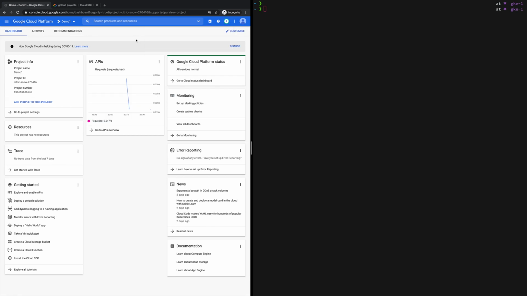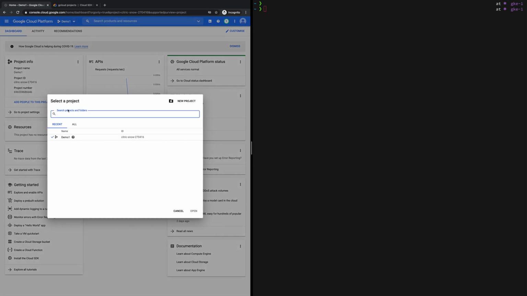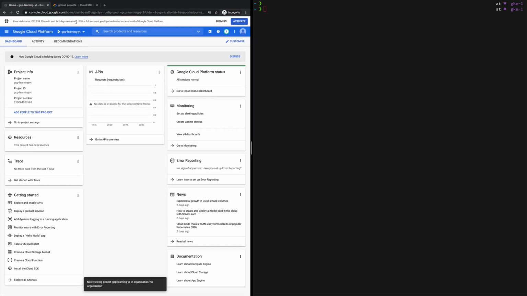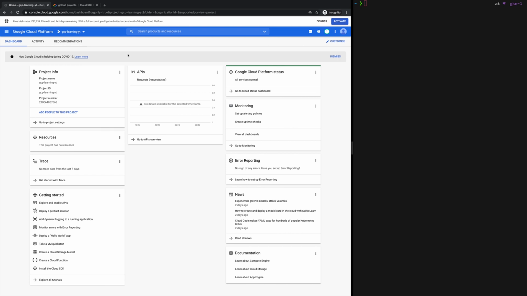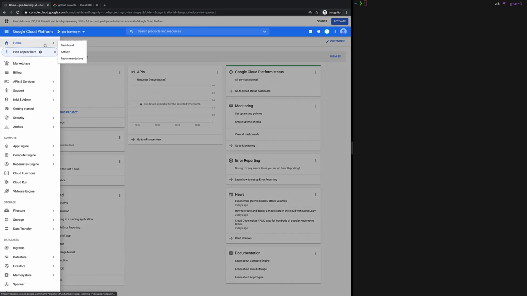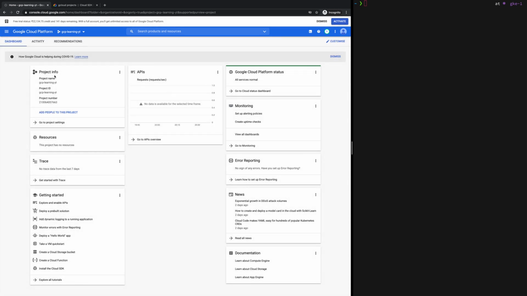If you want to see these projects, we can go ahead and see here. So now let's click on it. Now this is our current project which is selected. This is how you can create a project from GCP console. There is one more important thing I wanted to highlight: if you go to your dashboard, you can see this project info card, right? Here you can see our project name, project ID, and the project number.